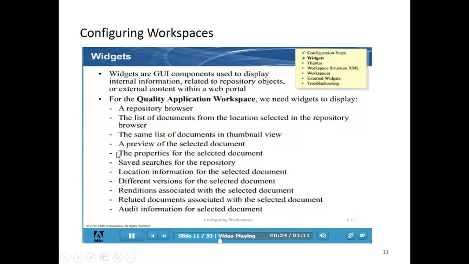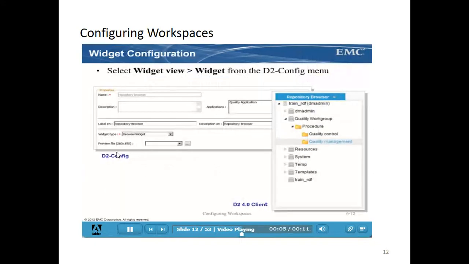Okay, simple. So here, as an example, the quality application workspace, we are taking to define an application called quality workspace. Here what are the things we require? Basically, for any application, some basic requirements will be there: to list down the documents, to list down the repository structure, to preview those documents, to view the properties, to see virtual documents, checkout, check-in operations, renditions. Those are all the basic features those people expect. Then only they come to the Documentum platform. These are all the basic features.